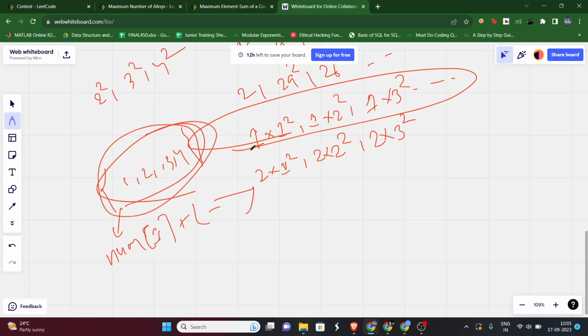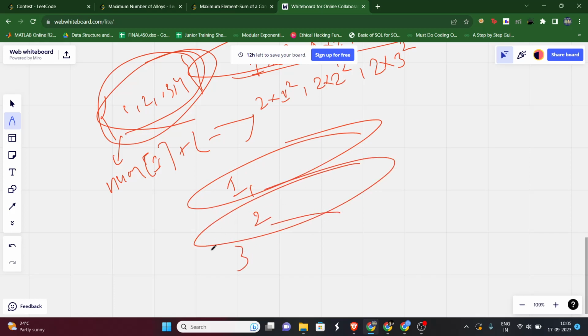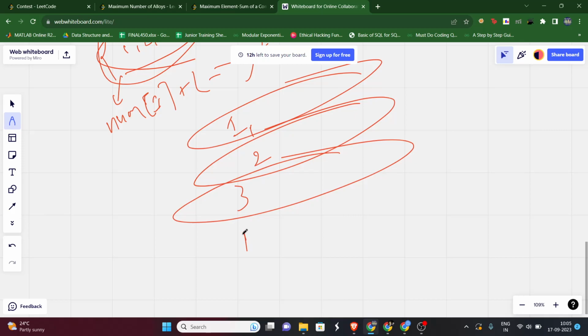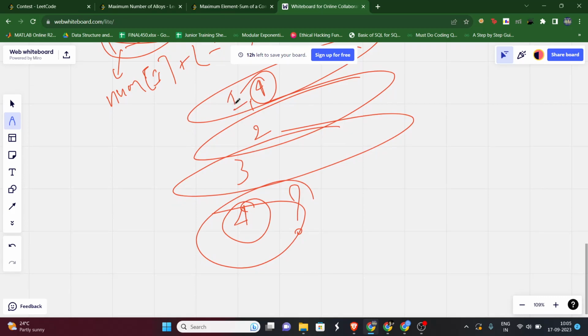Okay, so till now what we have established is that we have all the possible sets: if we start with 1, we'll have one set, if we start with 2, we'll have another set, if we start with 3, we'll have another set. Now, do we need to start with 4? Think about it. No, because we have already considered 4 over here. So we also have to take into account that the numbers we have already taken should not be repeated. So we can maintain a set, or anything according to our convenience,